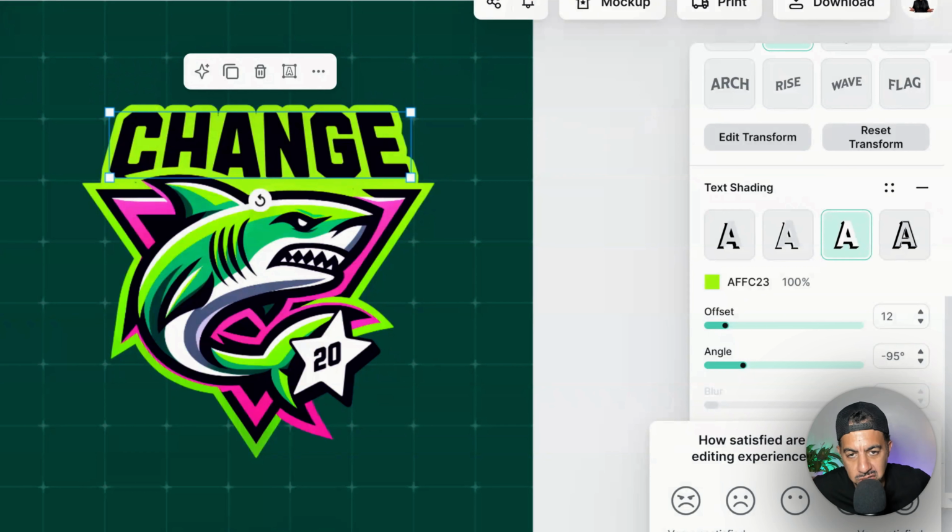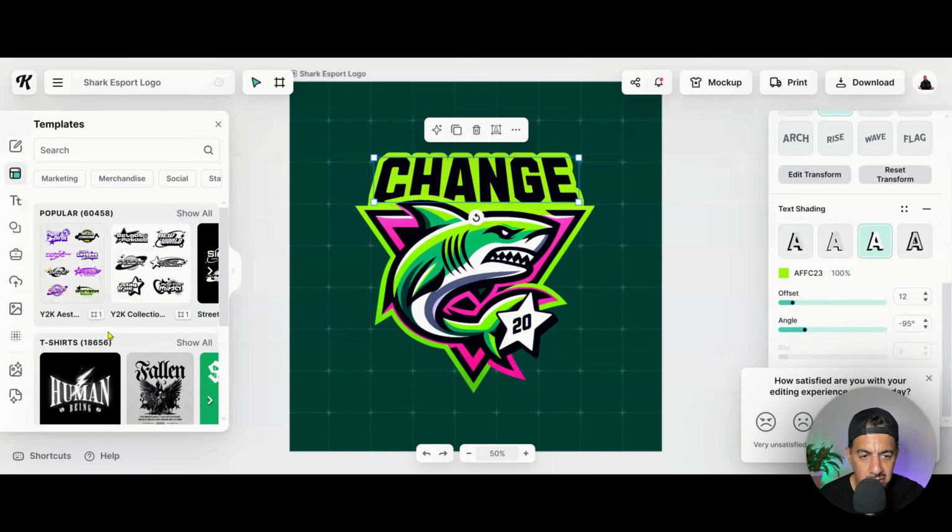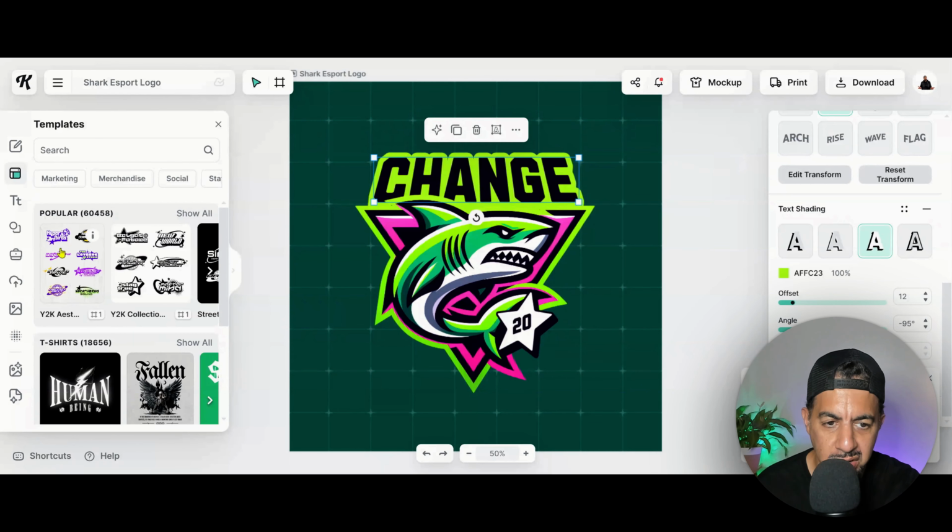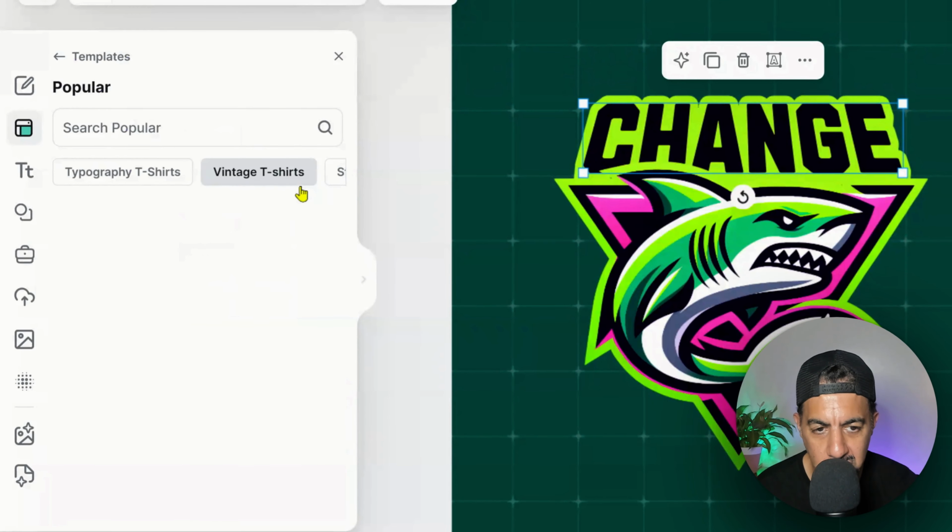Now, what's really interesting with Kittl is that it also tells you what's popular right now in terms of logos, and this is very important. Especially if you're creating logos to sell, you want to create trending logos. So look at this on the side here. You've got various templates, right? And it's telling you what's popular right now. So if I just go to show all,